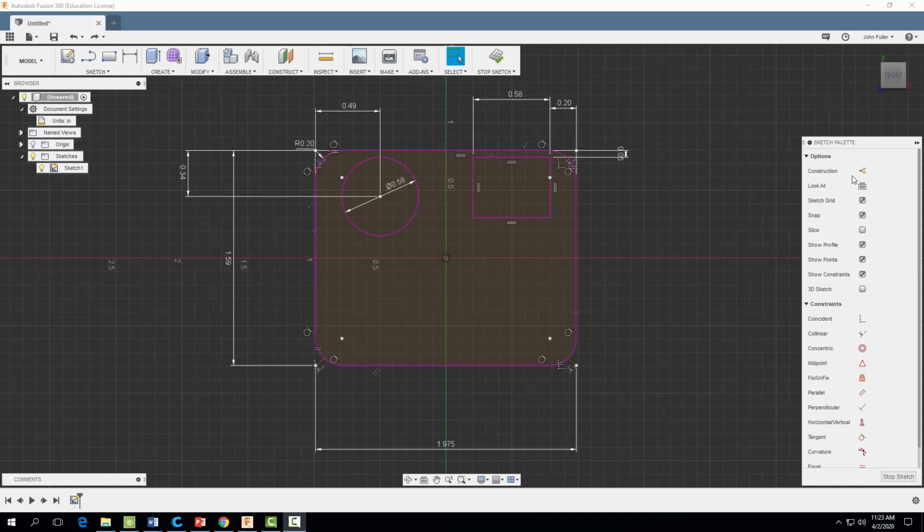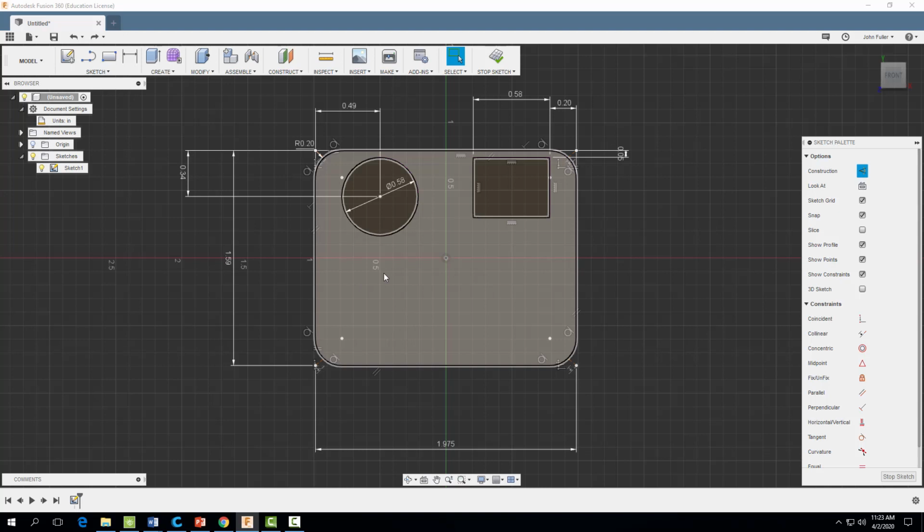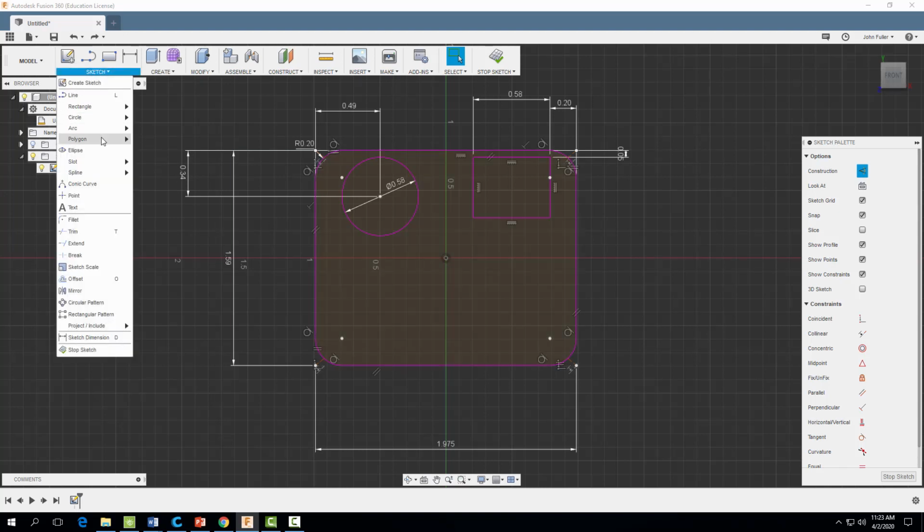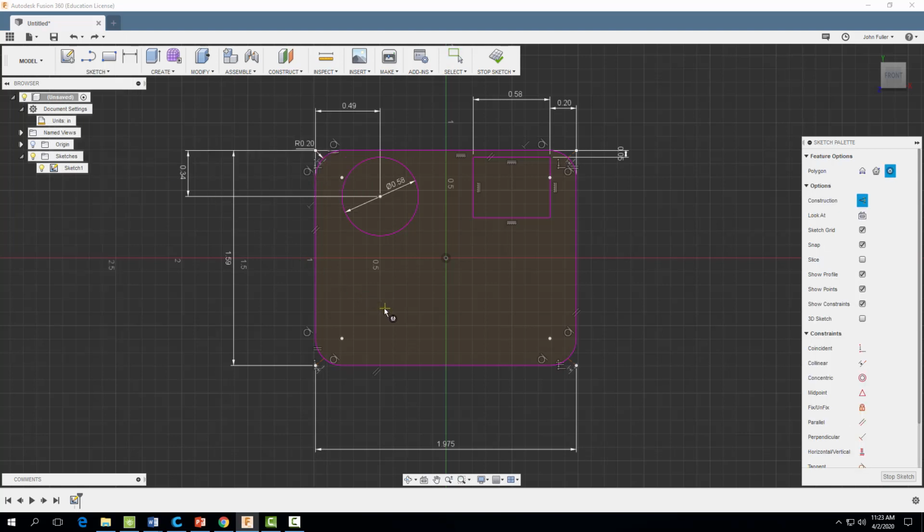Now I'm going to come on over here to construction lines, and these construction lines will help us draw out our star pattern here. So what we're going to want to do now is come on over here to sketch, and we're going to come on down to our polygon tool, and we're going to do an inscribed polygon. Okay, and we're going to come on over here and just drag out a polygon, and we're going to make that